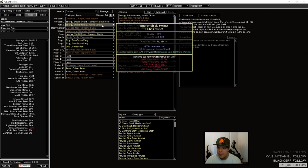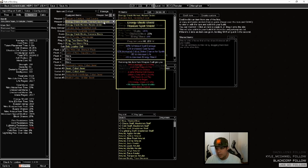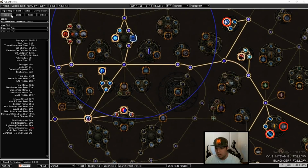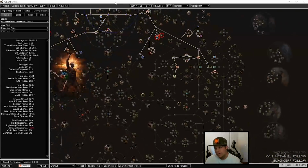But yeah, so, an energy shield with some spell damage, cast speed. Obviously this is going to offer you a lot of damage, but you don't necessarily need to use that. You're probably more likely to get damage off of a ring than off of a shield, but honestly, it doesn't matter. You could use a Wrath Pith here. You don't have to use a rare. But yeah, so this is the build that I'm looking at right now for